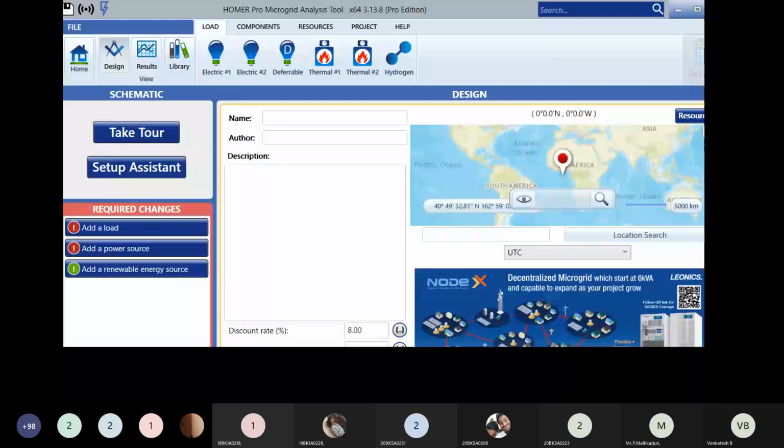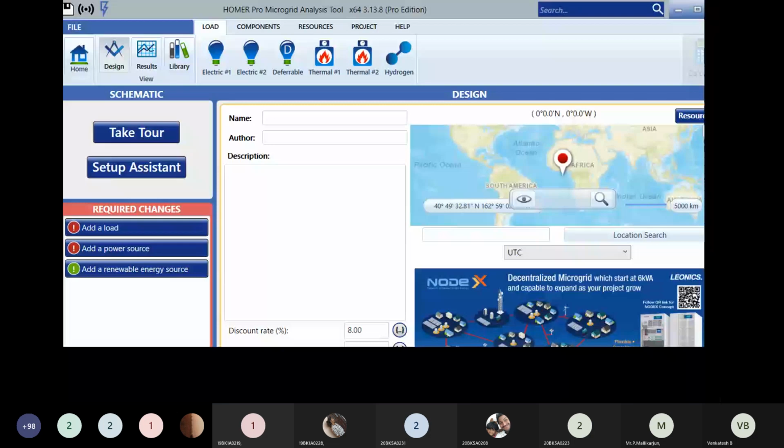In that resources, you will have solar as the first option, and second option, temperature. After clicking resources, you will have options to give solar, temperature, wind.